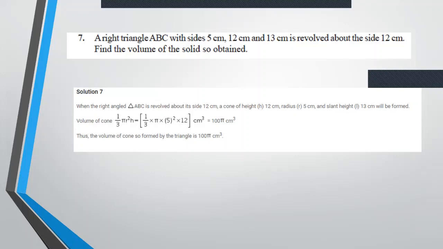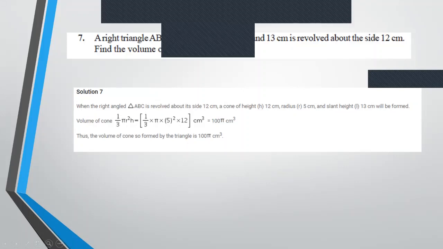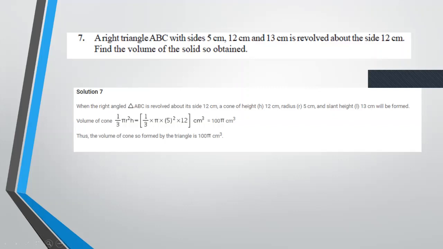Ma'am, why didn't we use pi as 22/7 over here and just keep it as the variable? That is how the answer was given in your textbook. You can always use it. Actually, you have to use it. Take it as 22/7 and give me the complete answer. The answer in your textbook is given in terms of pi, but you have to actually put in 22/7. 3.1428, 314.28.